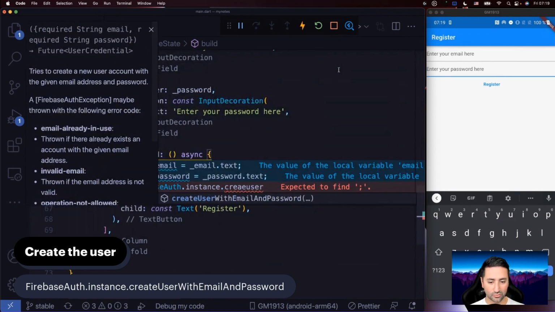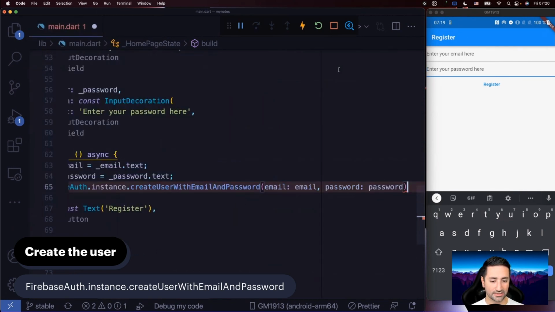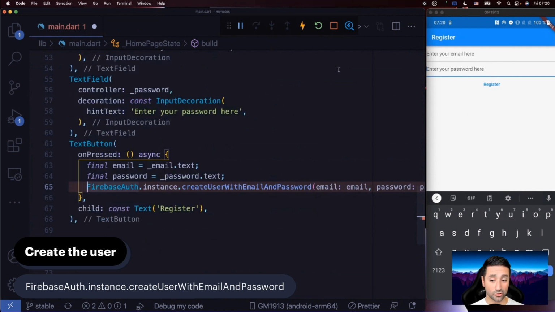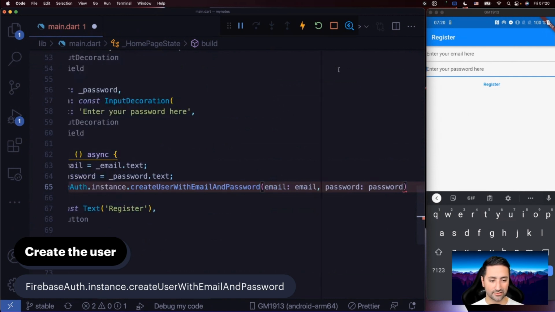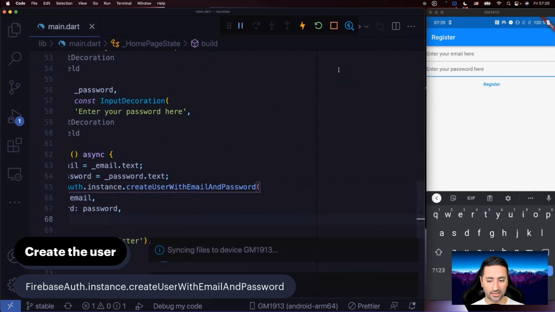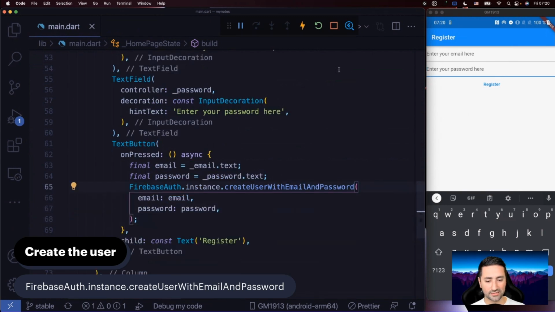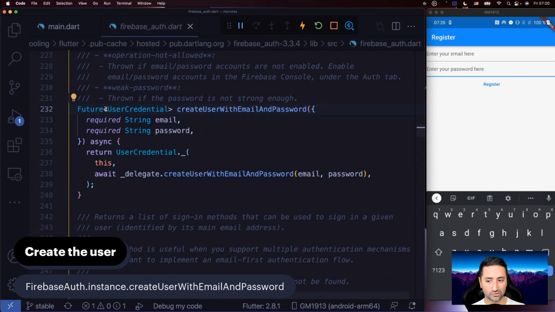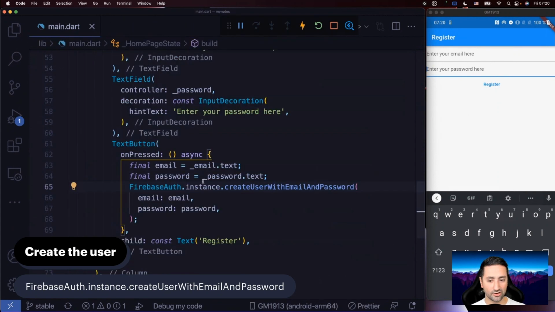create user with email and password. You can see this is a function that allows you to register or create a user, as its name indicates, with Firebase. So I'm going to do that. As you can see here as well, this thing returns a future. Okay, so